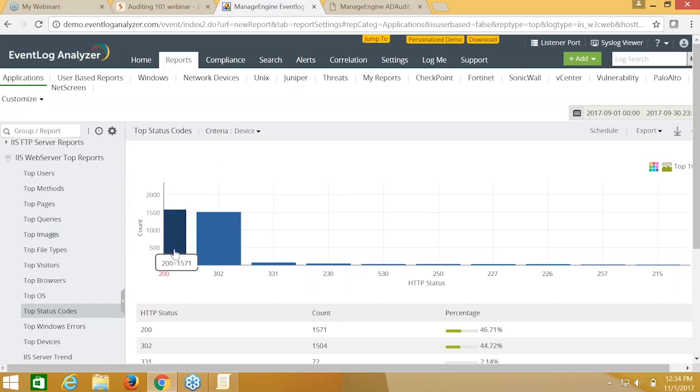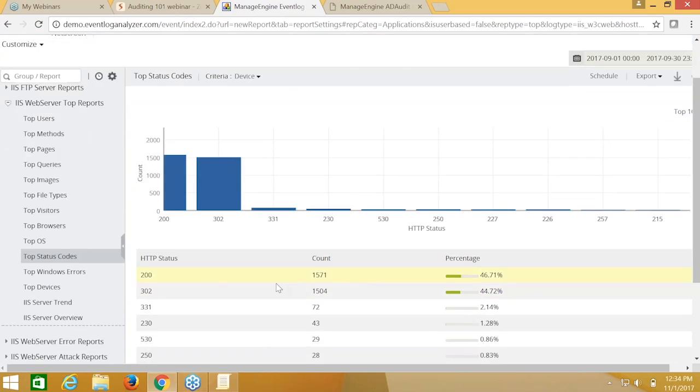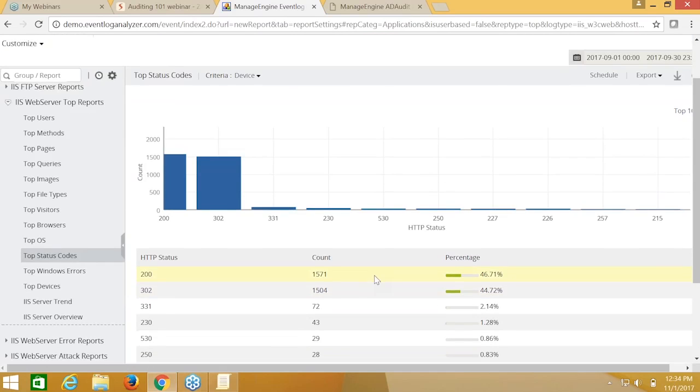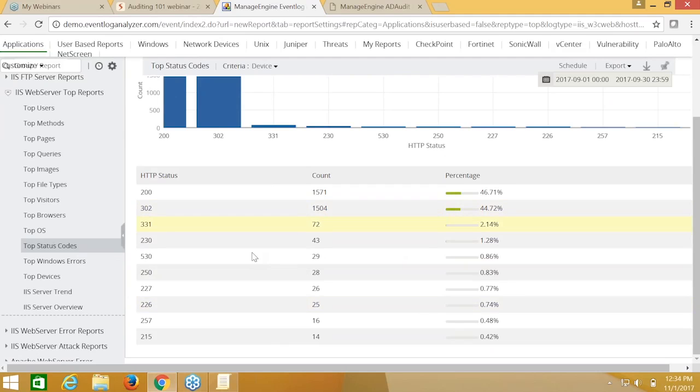Maybe if you have a sudden hike on a particular day, you find out that 97 percent are HTTP 200 responses, and the rest of the status codes are a much smaller percentage. Then you know that there might be suspicious activity on the web server that could prompt an investigation from your side. So that is something I wanted to show with regards to web servers.